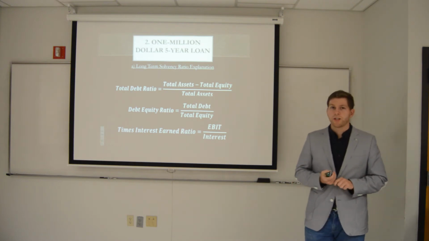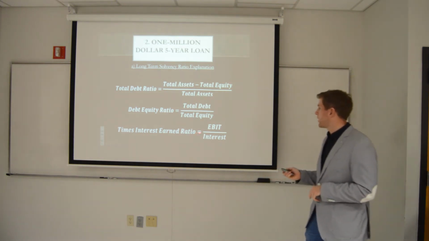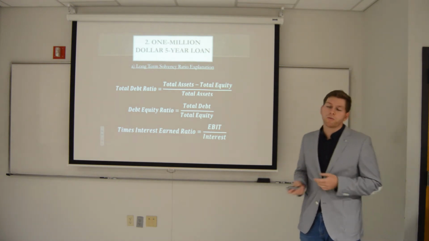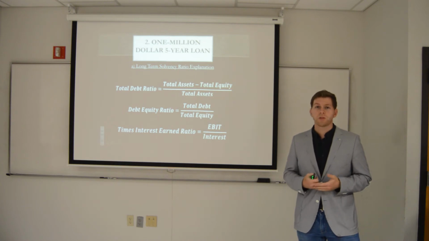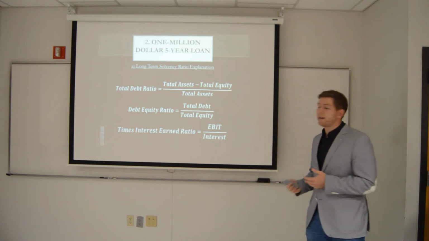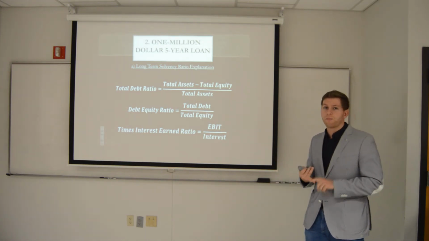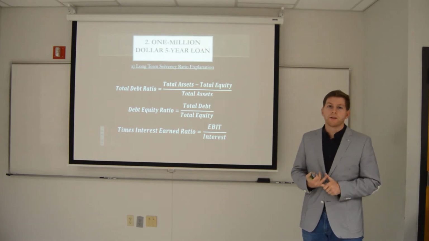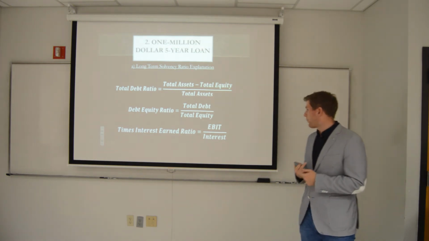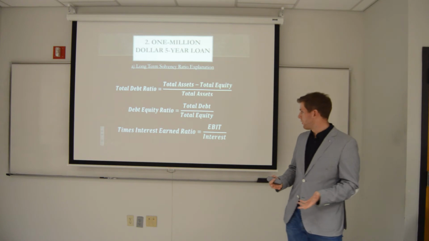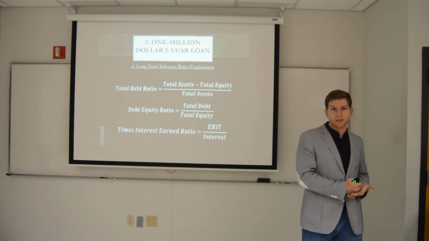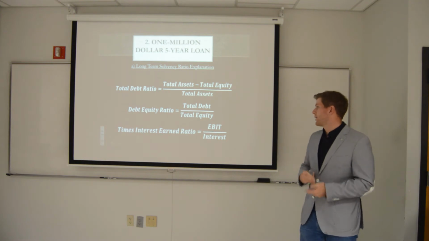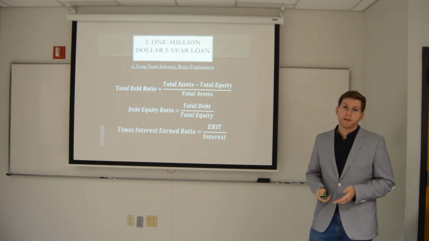The most important ratio here will be my times interest earned ratio, which is EBIT over interest. So it means, coming from the income statement, their earnings before interest and taxes divided by the interest they have to pay. So how much more money do they earn than they have to pay in interest. So I want this ratio to be at least 1. So I'm making sure they earn at least as much to pay back their creditors. So the higher the times interest earned ratio, the more confident I will be they will be able to pay